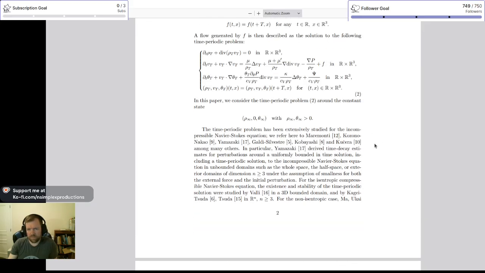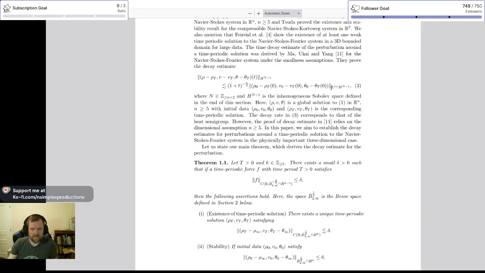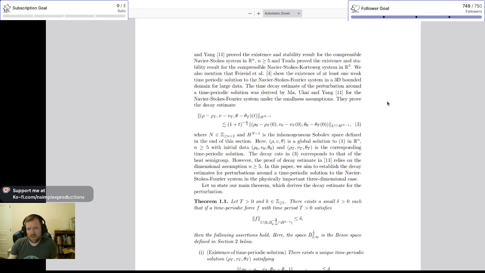There's no capital L. So the fact that it's L1 intersected with the inhomogeneous Sobolev space defined at the end of the section, it's not really going to help me anyway, but